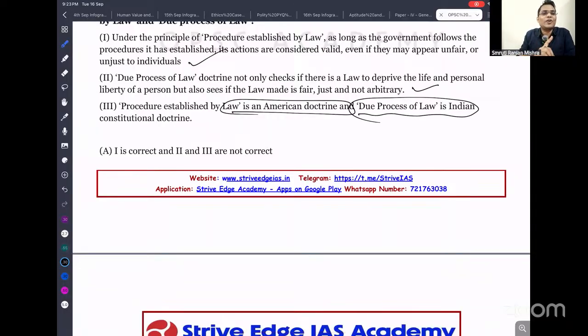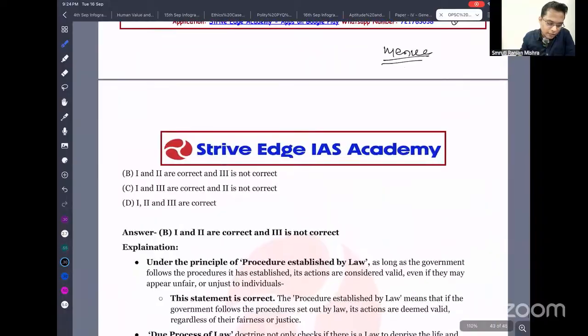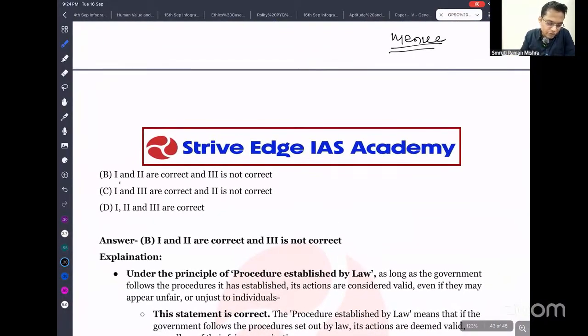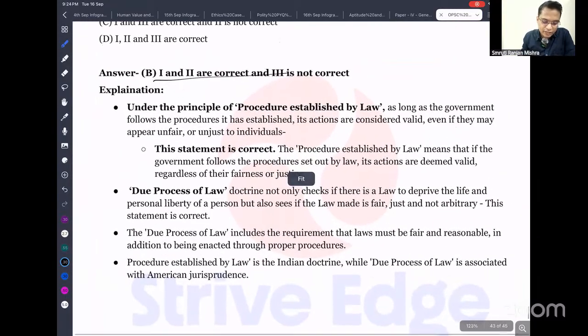No, due process of law is an American concept, and procedure established by law is generally found in India. So Article 21 also includes due process of law. I think you know that. The Supreme Court said so in the Maneka Gandhi case. That means you cannot amend Article 21. You cannot make any law to kill someone. Okay. So only Article 21 has due process of law. Rest of the Constitution we follow procedure established by law. So the answer is: 1 and 2 are right, and 3 is not correct. So the answer is B. It is given. I've already written it very well, so please read it very carefully. You will get a lot of insights.